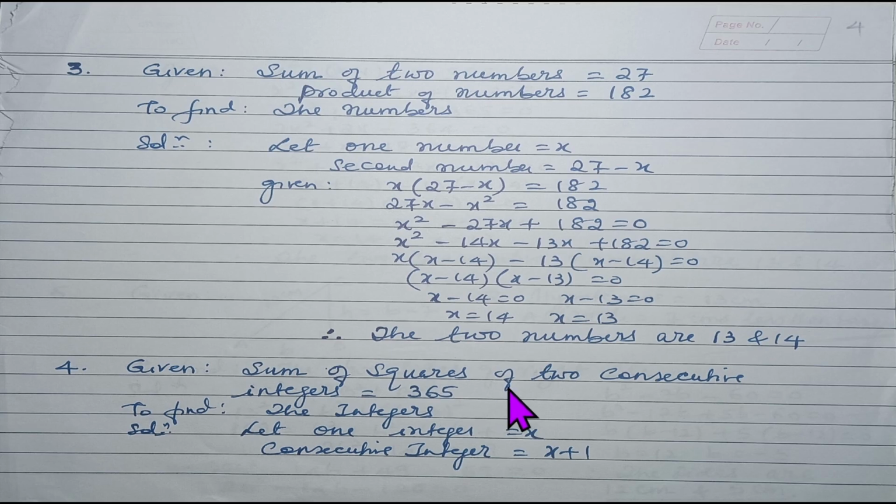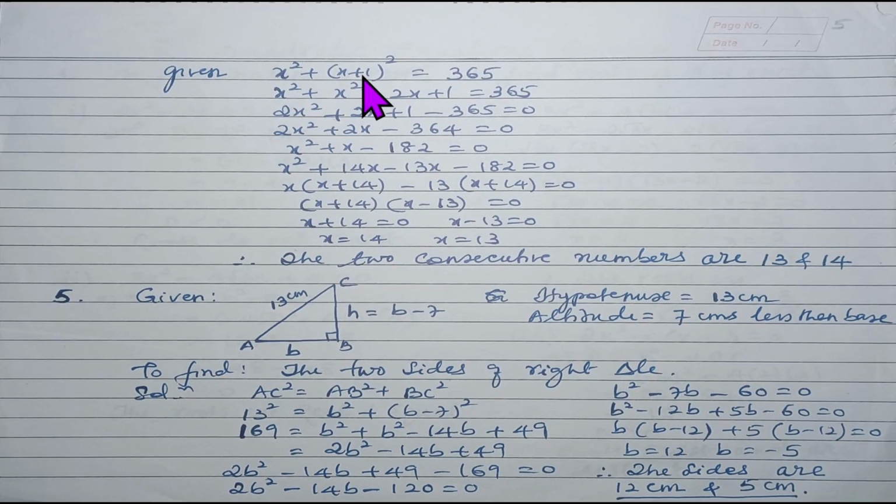Now the next example is, the sum of squares of two consecutive integers is 365, and we have to find those integers. Let us assume one integer as x, then the consecutive integer will be x plus 1. The square of the first integer is x square, the square of the second integer is x plus 1 whole square, and their sum is 365, and that is what is given to us. Now when we open this bracket, using a plus b whole square, we get x square plus 2x plus 1. Then if you simplify it,